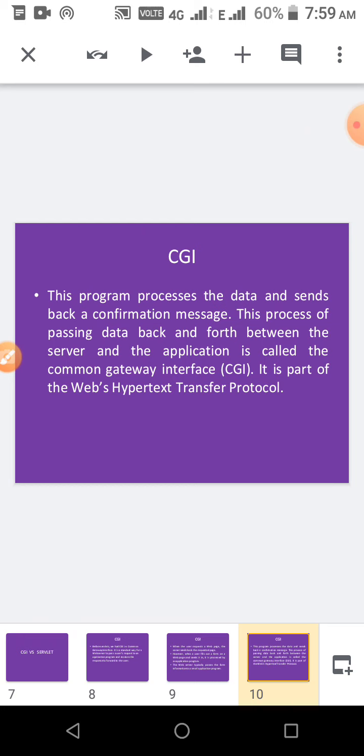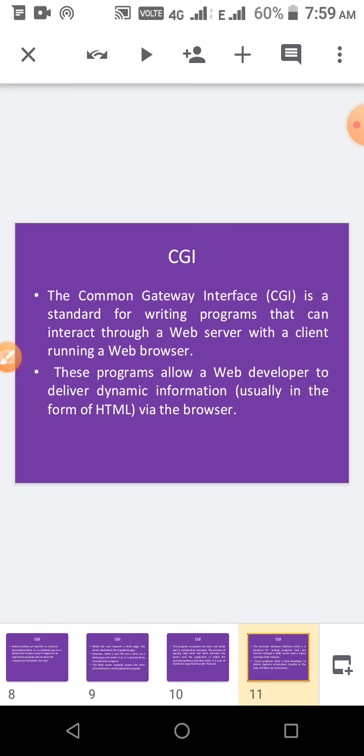So Common Gateway Interface means whatever request the user gives is processed by the server and sent back again to that application. It is a standard for writing programs that can interact through the web server with a client running a web browser.